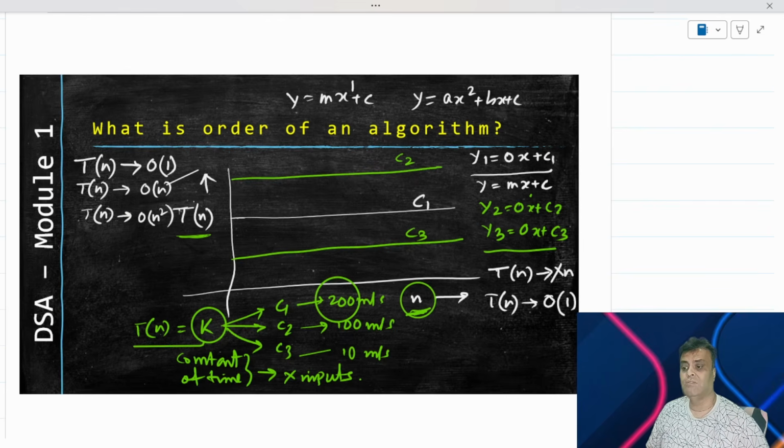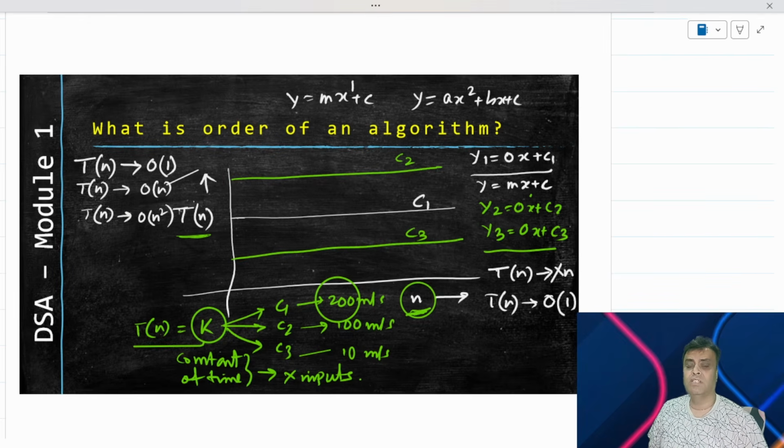But for now, I think I have established the fact that an algorithm has primarily two classes: one, which is a constant class, which doesn't change with time, and another is the class where it changes with time in different manners of asymptotic polynomials, right? But I hope you can understand why we never ever call time complexity the amount of time. That's a wrong definition. Time complexity is not about the amount of time, it is about the order of time, right?